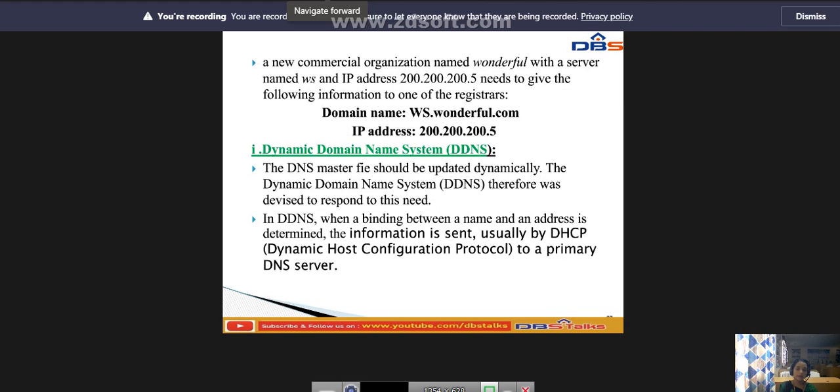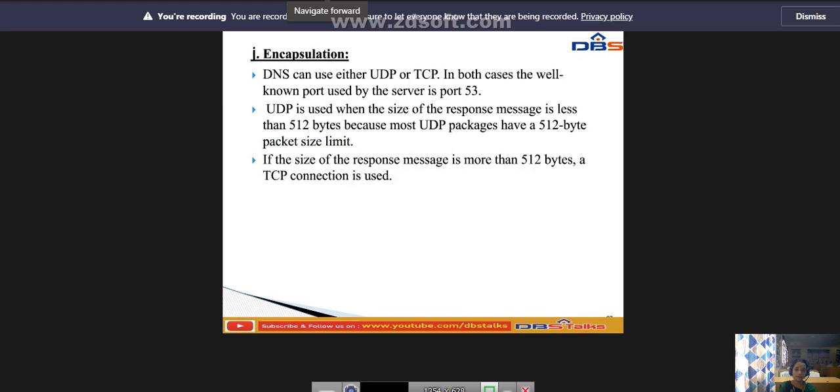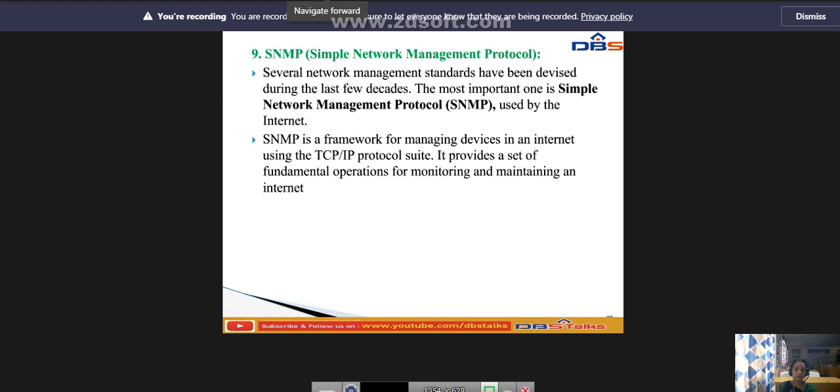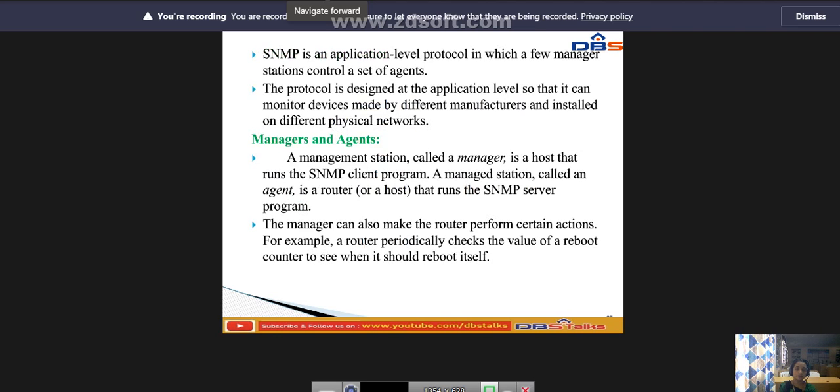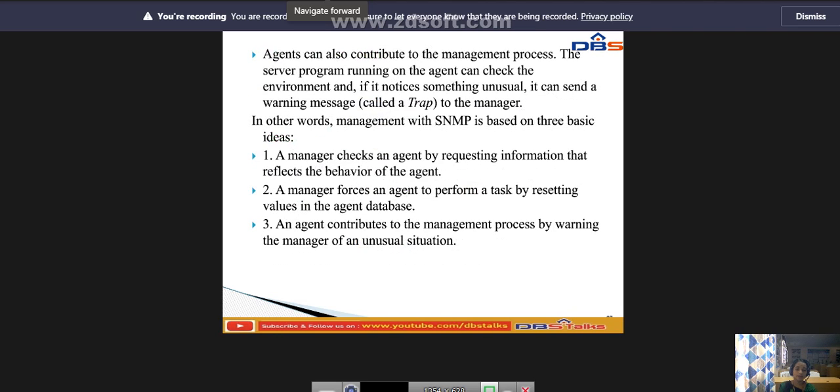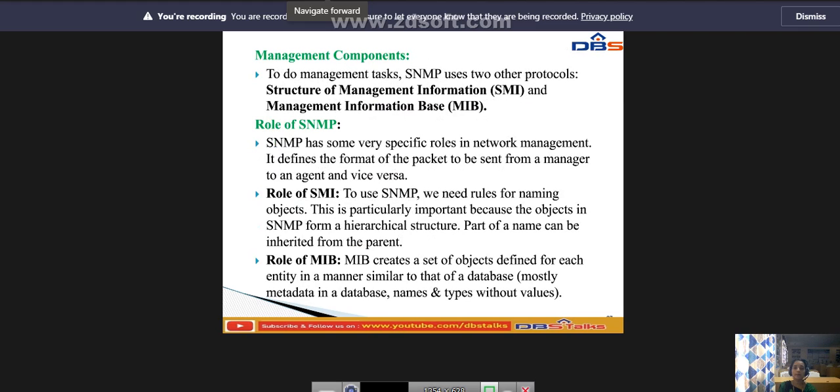Next, dynamic domain namespace, DDNS, and encapsulation, and SNMP, the Simple Network Management Protocol. We will cover explanations and diagrams of SNMP, the management components and the role of SNMP, and what happens in SNMP.